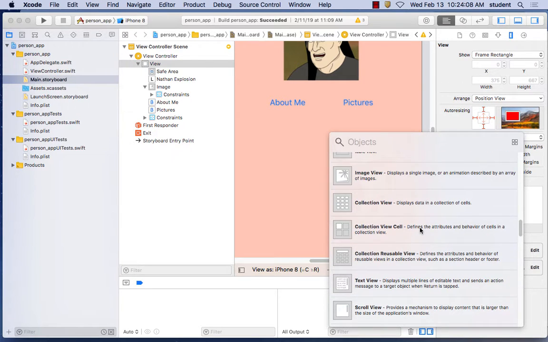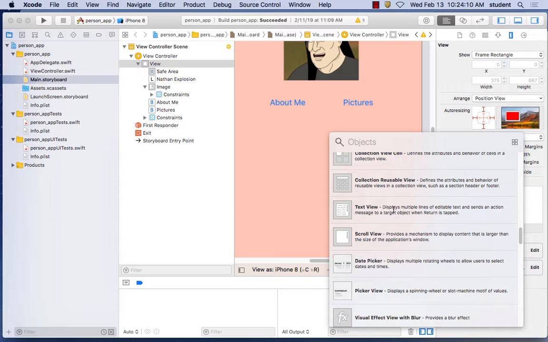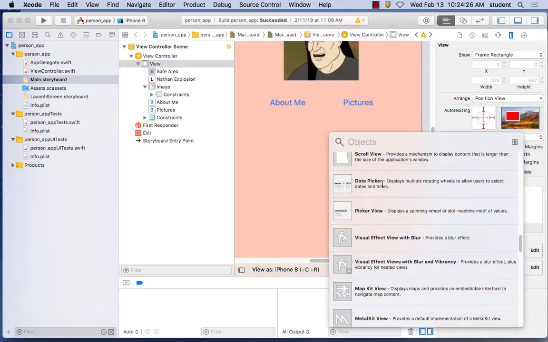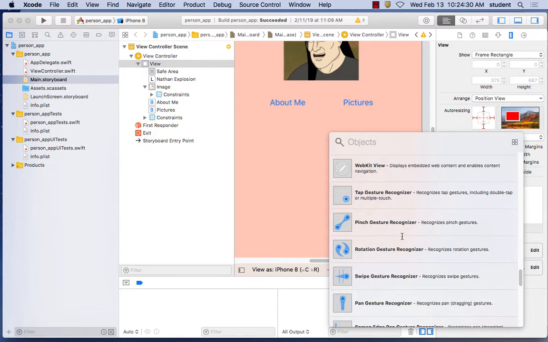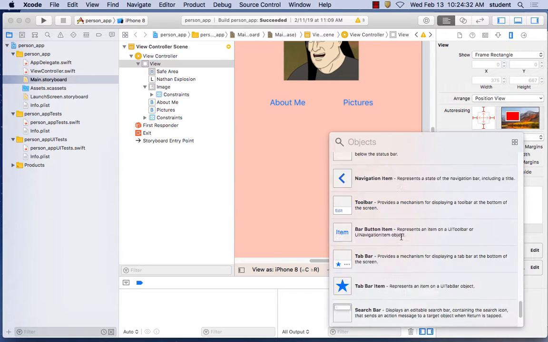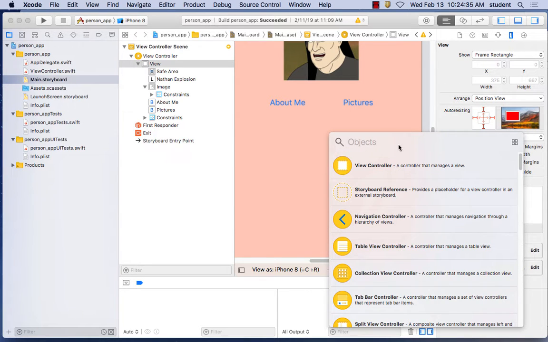Collection view cell. Here's another text view. Displays multiple lines of editable text. Again, editable text. If you want static text that people aren't changing, you're going to use a label with multiple lines. Remember, label with multiple lines. Here's the scroll view, picker, date picker, and then some special effects, and these are all for games, and so on. So again, the one you want to use for just text that people don't change, you type in label,